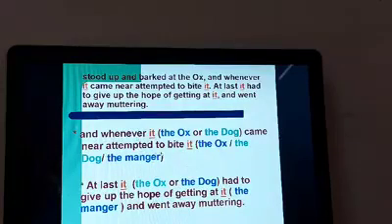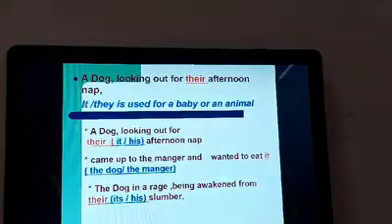Whenever it came near, attempted to bite it. So I have tried to write it. How can you change and with what expression? I have already given you a clue about it. And here also, "it", at last it may be the ox or maybe the dog. It had given up the hope of getting it. It means the manger or it means the straw. We really don't know. I have already discussed these things in front of you. Just for your understanding, I have set the slide so that you can get a quick look. And thus the thing gets changed.